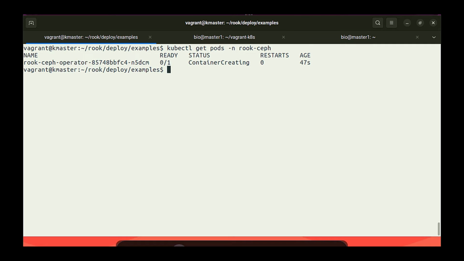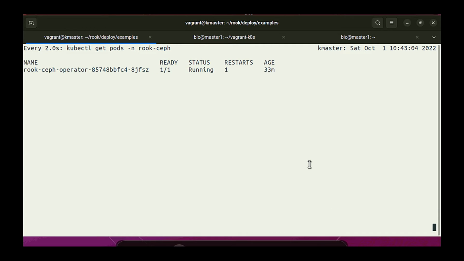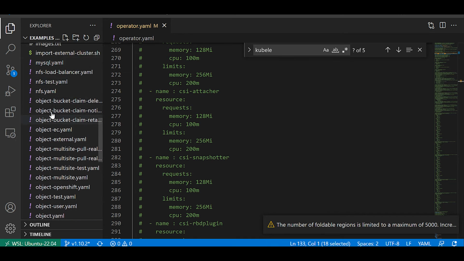So the operator pod is being created. Wait a little bit of time. Watch. Okay, now the Rook Ceph operator is up and running. Now we'll see how to install the cluster. Now we are looking at the cluster file.